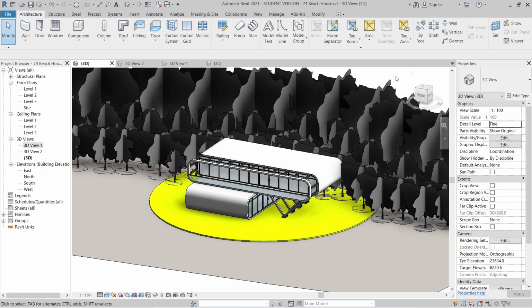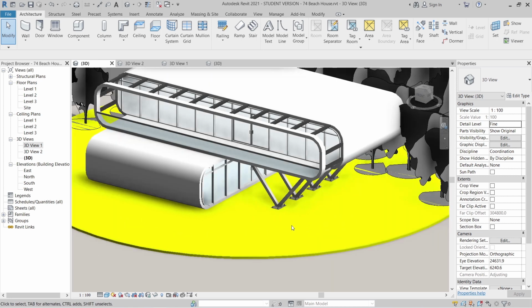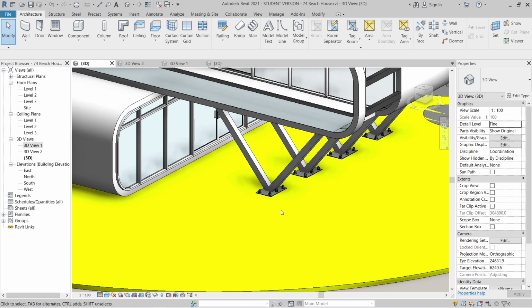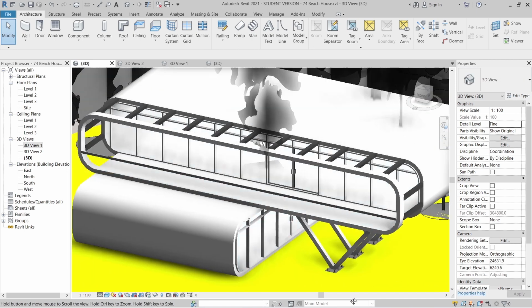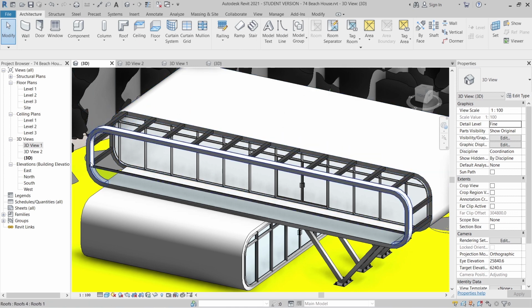Today I'm going to show you how to create an eco house design in Revit. As you can see on my screen, here is the eco house before we jump into our project. I created this eco house in my Autodesk Revit 2021 student version. If you zoom in closer, you will see some custom steel connections that we will create in our project also. And of course, for our beams here, I'm going to use some adaptive components and apply that to make the arrangement proper for all my beams.